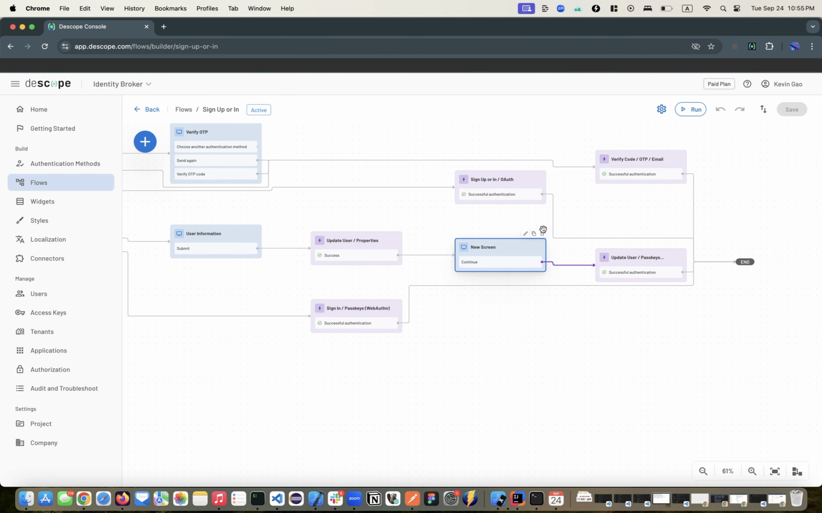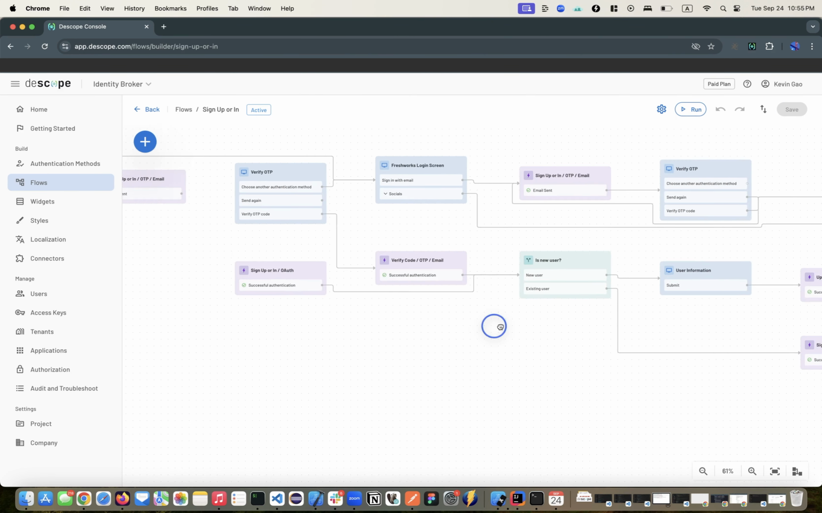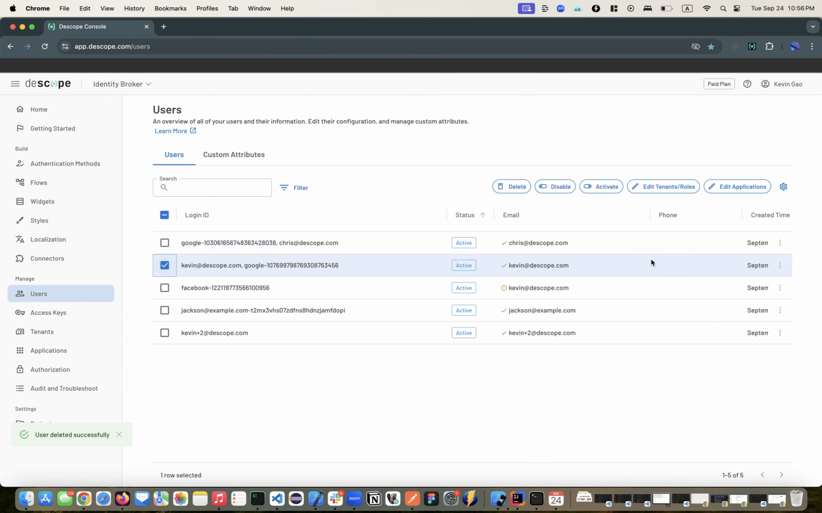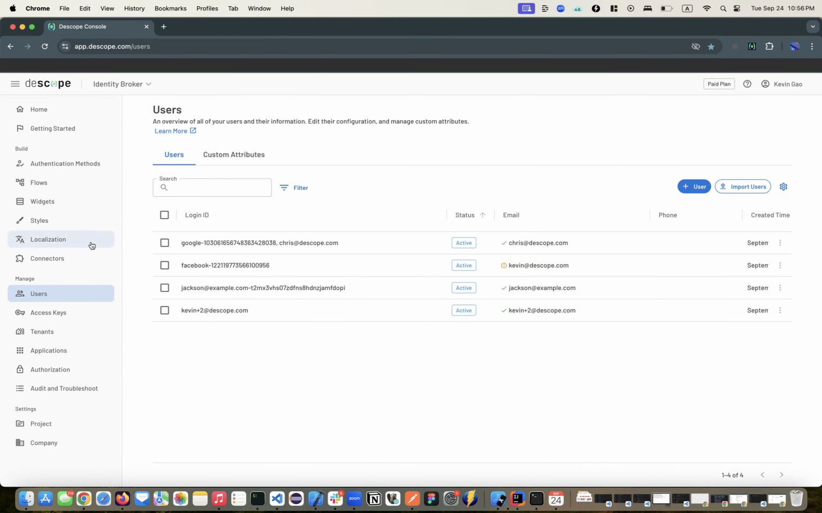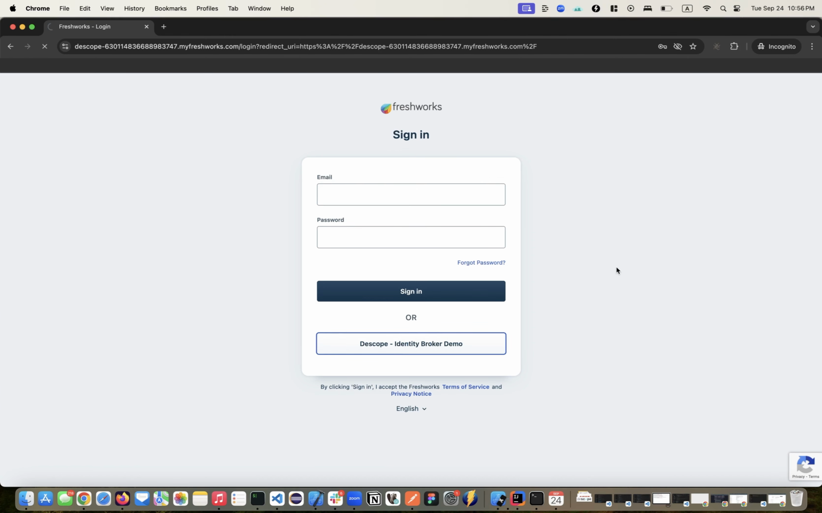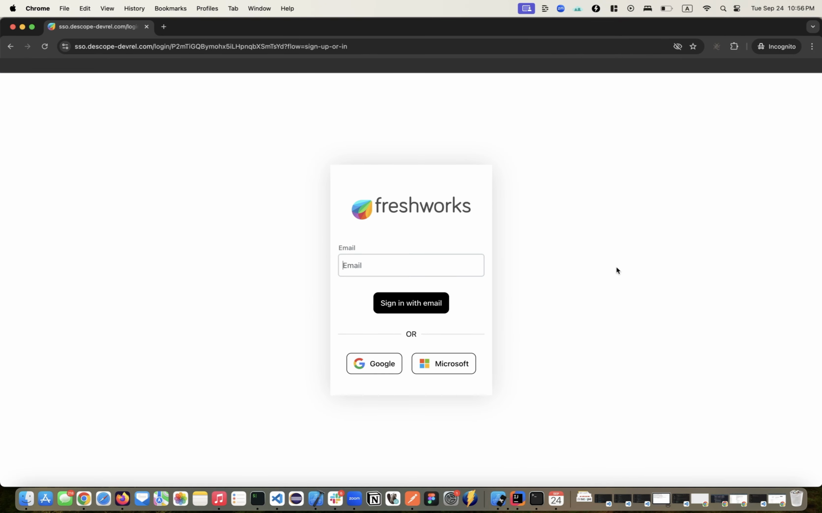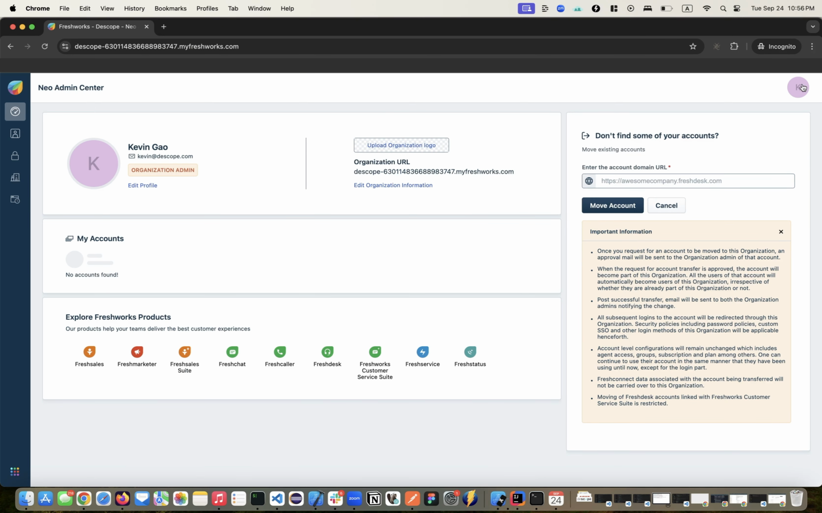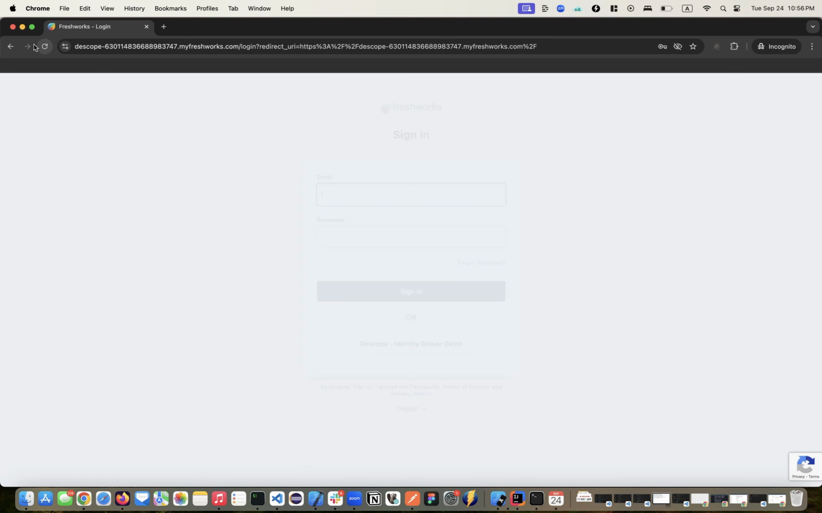So let's actually look at what this process looks like and see how it's controlled at an application level. So let's remove this user. And let's log into Freshworks. So if I log into Freshworks and I use the same user account that I was using before, and this time it's a new user, you will see it should just automatically take me into the application, as you would expect. However, if I